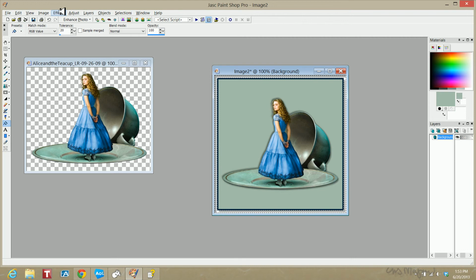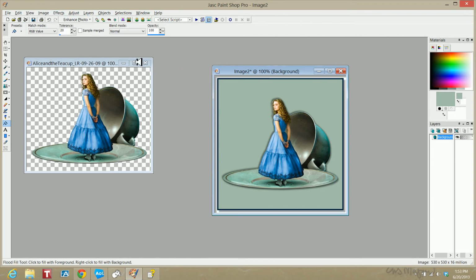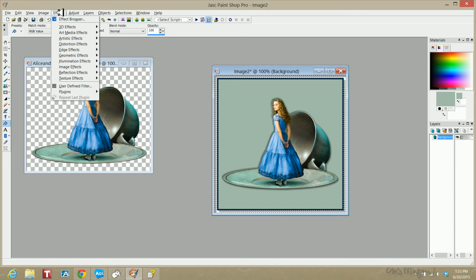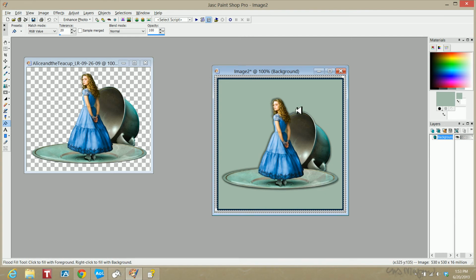Alrighty, now let me show you. I'm going to select none right now. But see how that's kind of taken back there in the background? Now I'm going to click back. Now we're going to do effects, 3D effects. We're going to cut out, but we're going to do the -7 this time and see how this does. If it's too much. No. Okay,